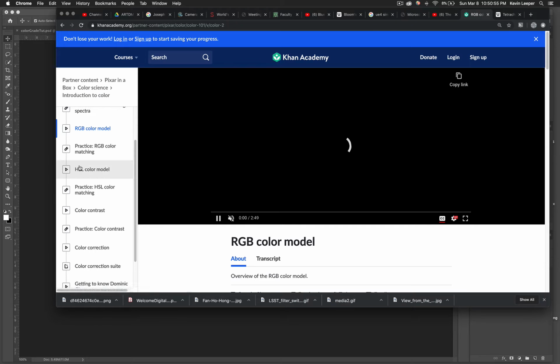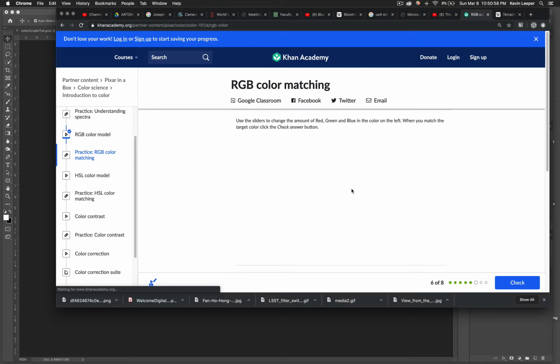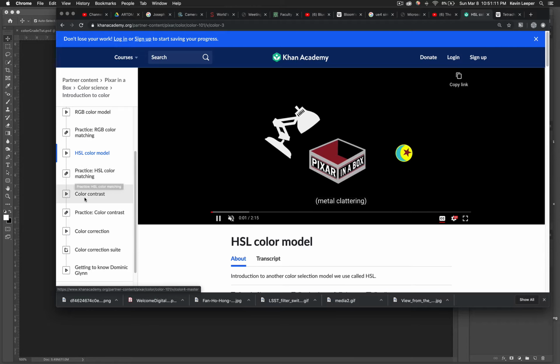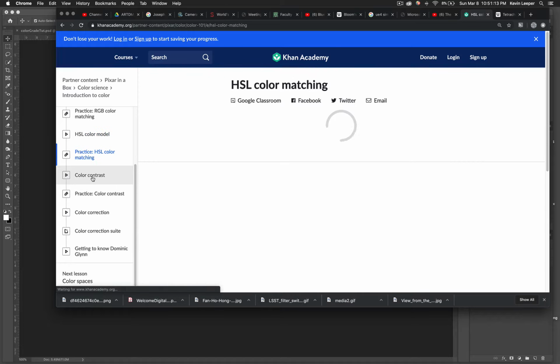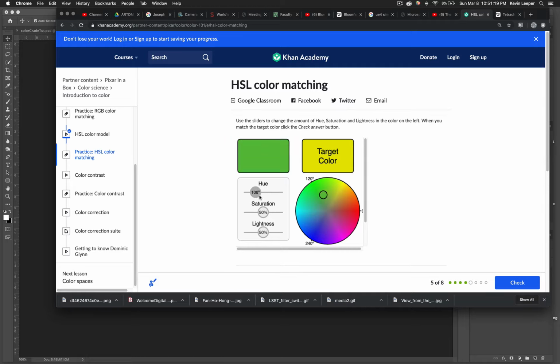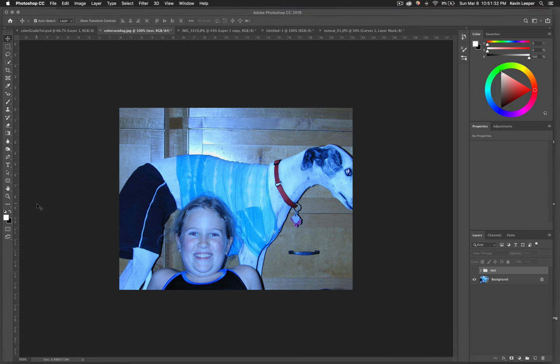I think practicing with these little nodes that they're doing right here is really helpful. This is RGB, hue, saturation, color. These little setups are pretty awesome, and they're asking you to figure out how to get to certain colors, and it's a good way to practice this stuff in a way that I think is really awesome. So I hope you guys get a lot out of it, and it hopefully makes a little bit of sense